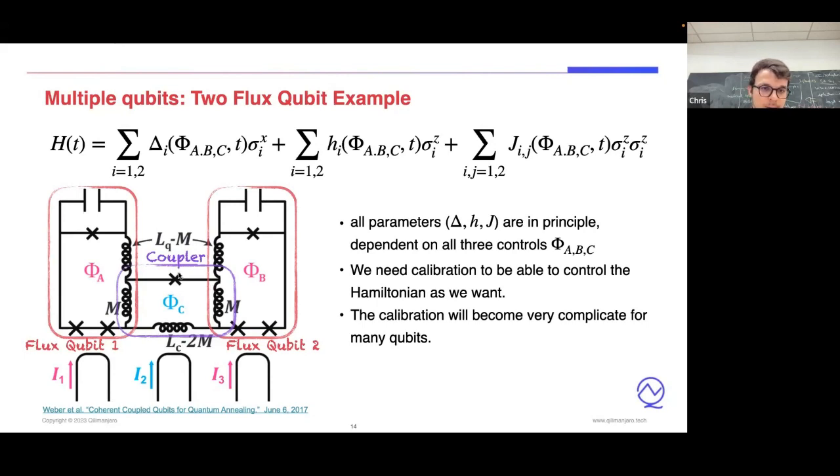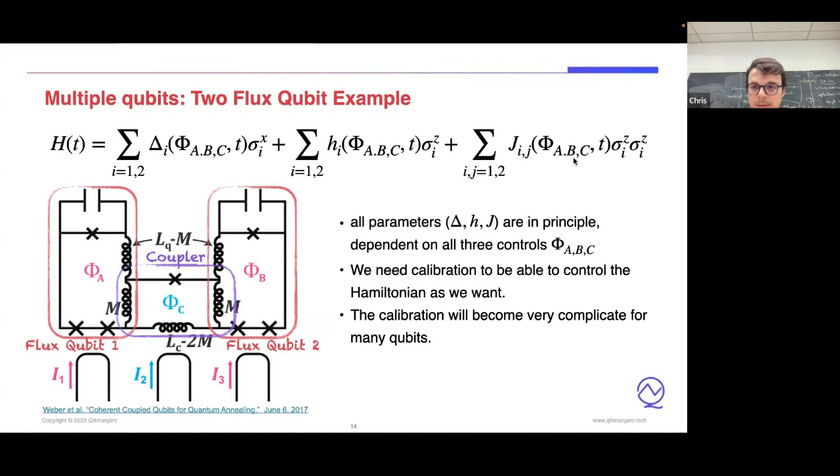Important is that we have here a nonlinear inductor, the Josephson junction, which means that in this simple example of two qubits, we can already write a Hamiltonian as we were aiming for. So we have the x term, the z term with the two parameters, and also the coupling, which is dependent on